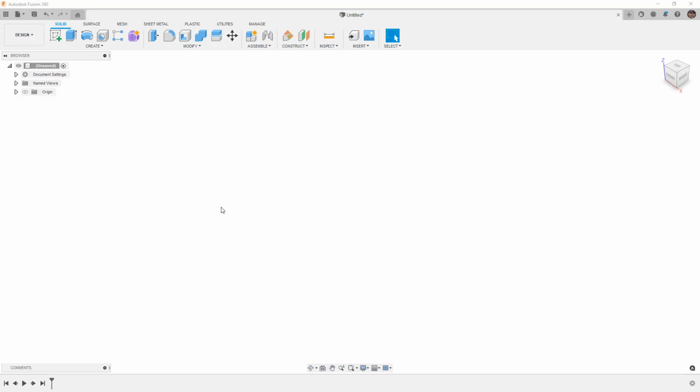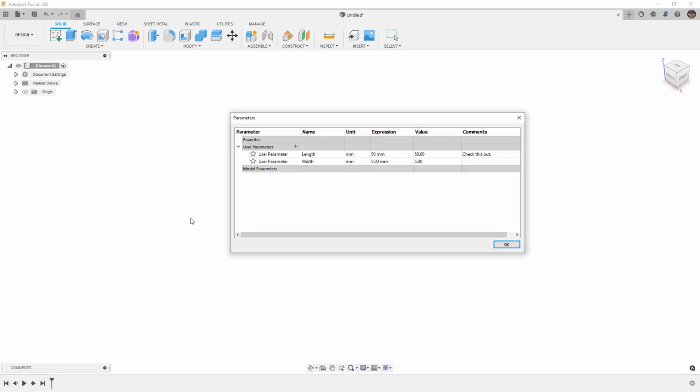So first, we want to talk about what we've done already and what we're missing. At this point, we've learned how to gather information from a pre-existing user parameter, and we've done that by using item by name. We knew that we had one called length, and we were able to spit out things like the expression or the comments very easily. Then we learned how to create a new user parameter, but we had to be very careful